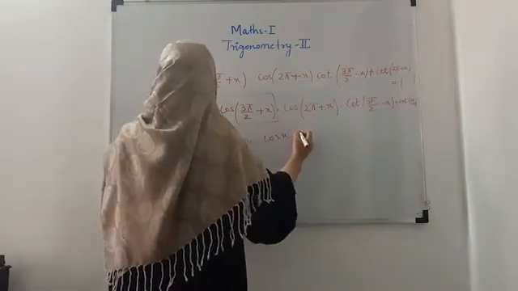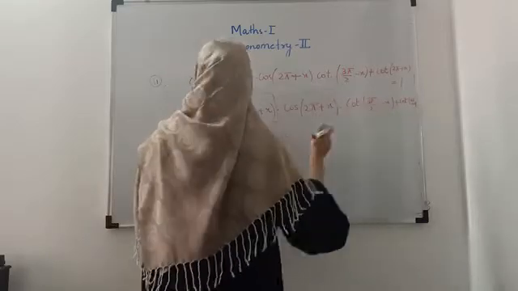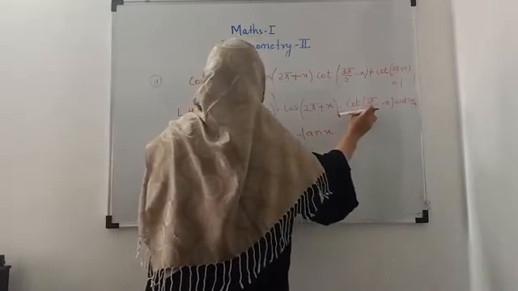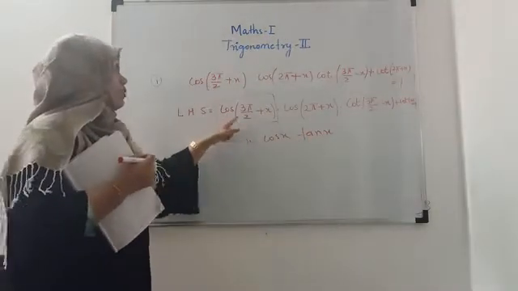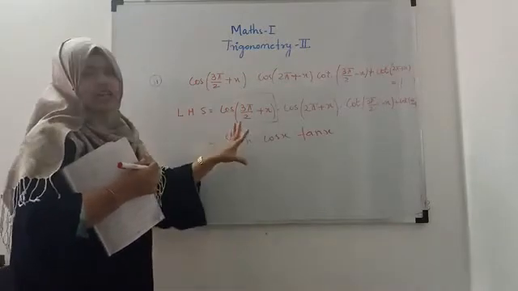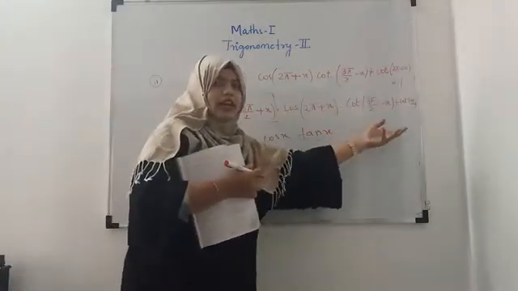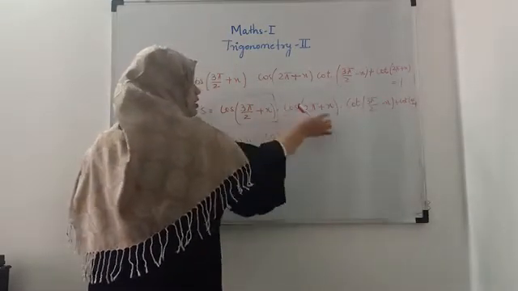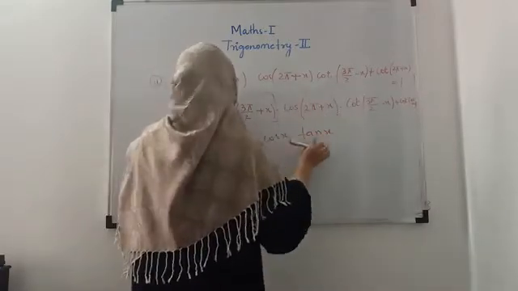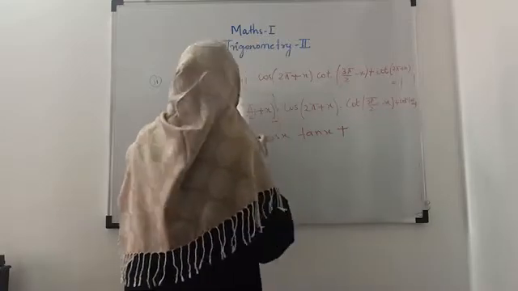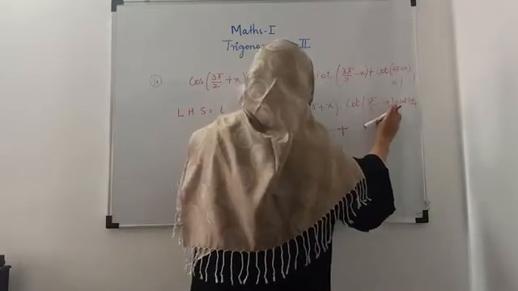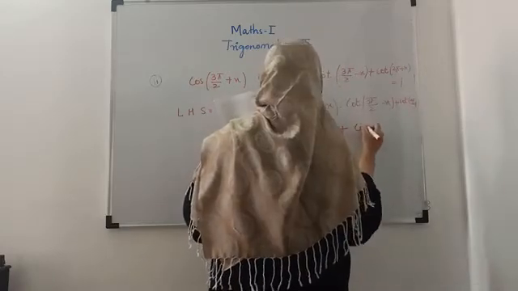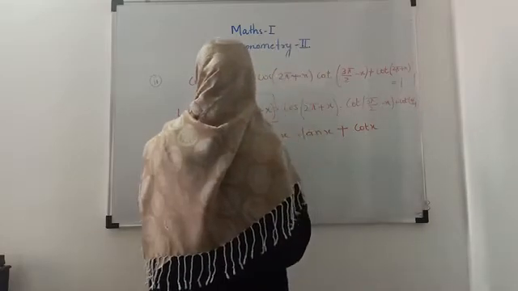Now the next is what? Cot(3 pi by 2 minus x). So cot changes into tan x. Cot will change into tan x if 3 pi by 2 is there. Whenever there is an angle of 3 pi by 2, cos becomes sin, sin becomes cos, cot becomes tan, tan becomes cot. Whenever 2 pi and a plus sign is there, then cos x stays the same. So here it is tan x, and the last one is plus cot. What is the last one? It is cot(2 pi plus x). Yes, so that will be cot x only. Isn't it enough?